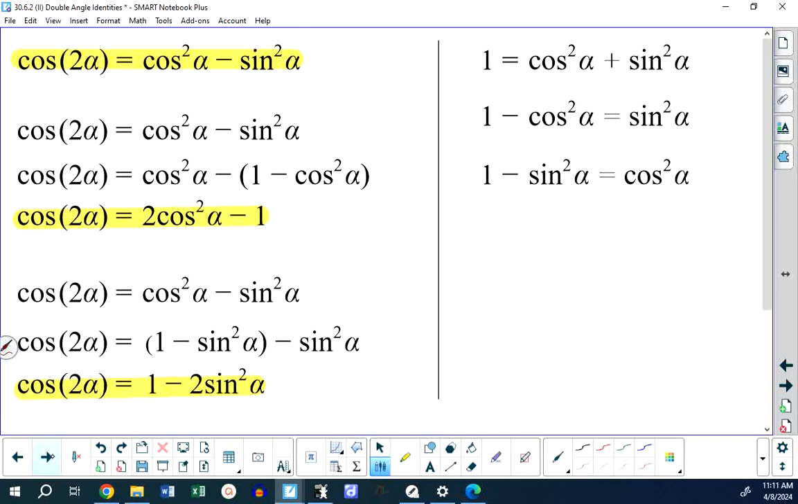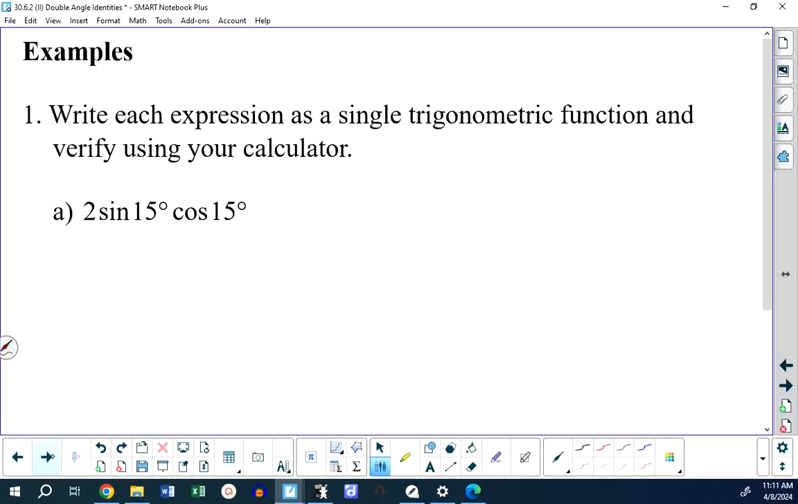It's the only real identity we talk about in Math 30 that has a number of different choices. Okay. So let's take a look at some examples. Write each expression as a single trigonometric function and verify using your calculator. Well,